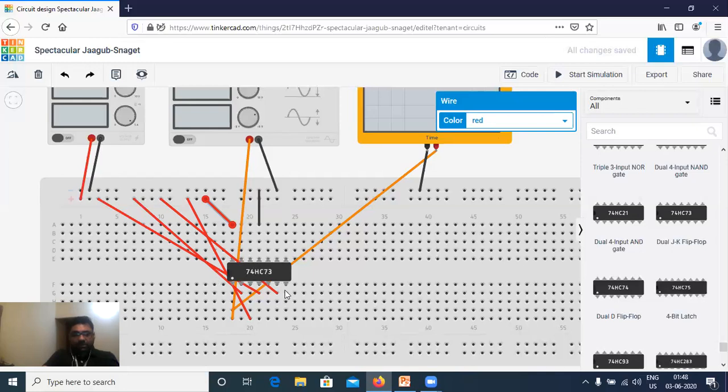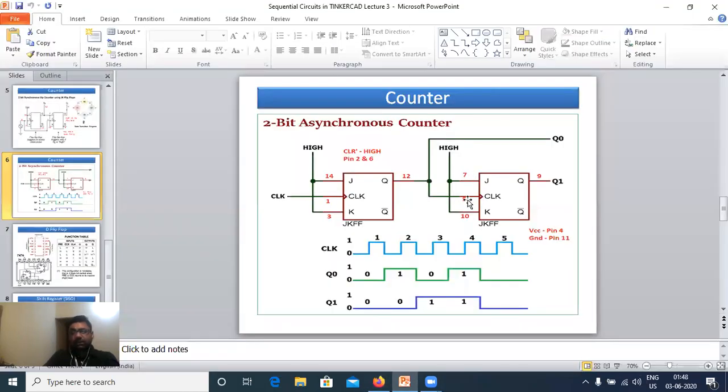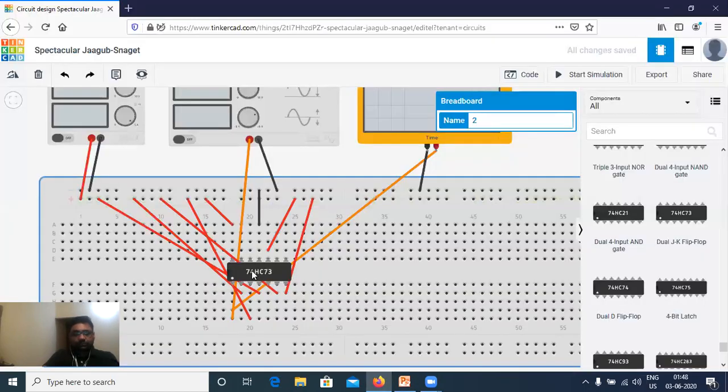So pin number 7 and pin number 10 are connected. Then I require 12 to be connected to 5.